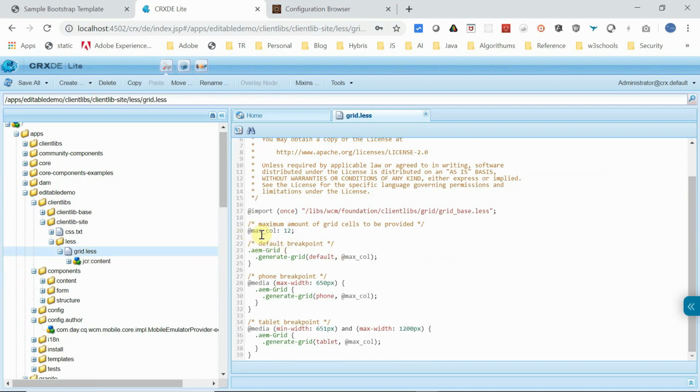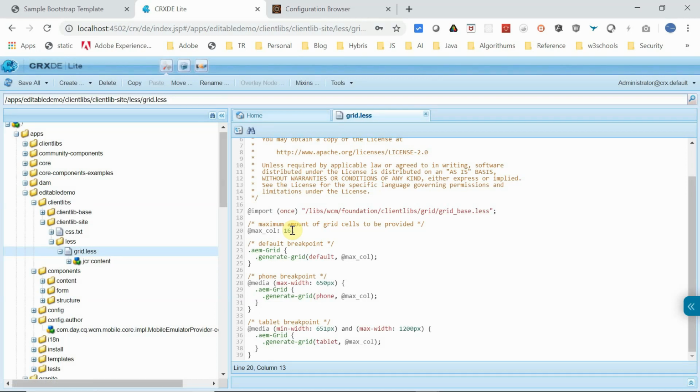You can see here the max column is 12, so the default column value is configured as 12. All the basic configuration is in this base file under libs. For my demo purposes, I am going to change this from 12 to 16 because I need a more granular way to add components. With 12 I will not be able to add the components as required, so I am changing this to 16.